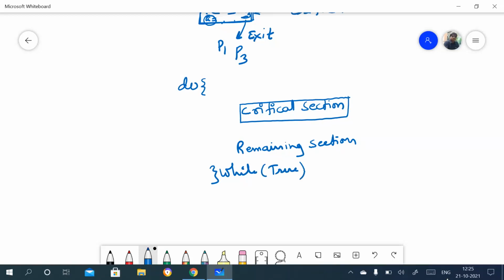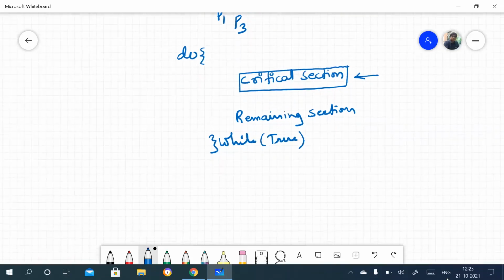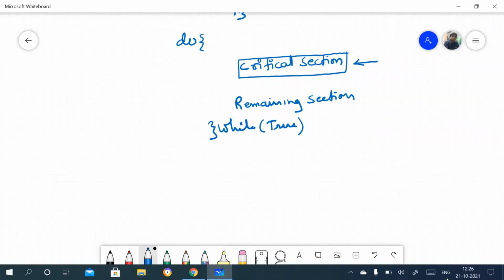True, right? Now see, if this is the code, then what is the problem in this code? This is a critical section, and we have the processes. Suppose here consider P1 and P2. Consider for simplicity only two processes. These two processes want to execute this critical section.